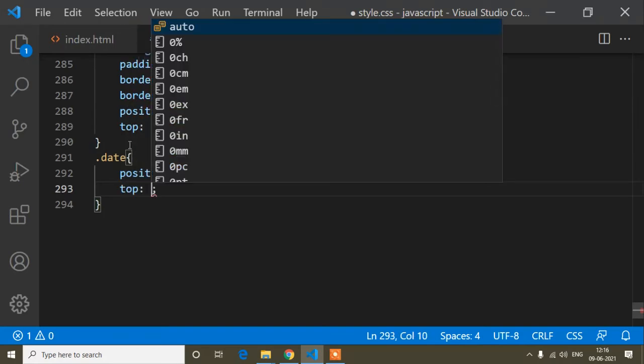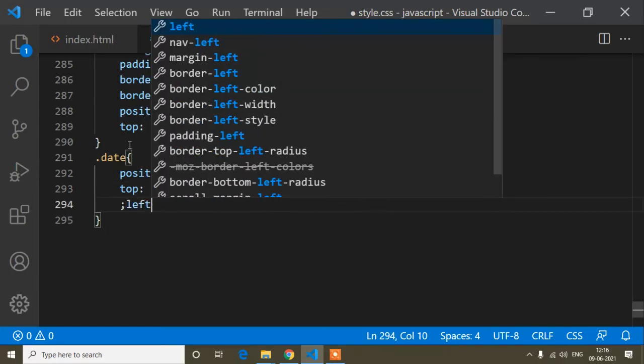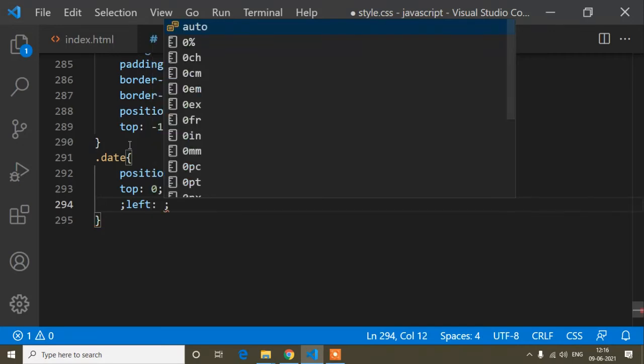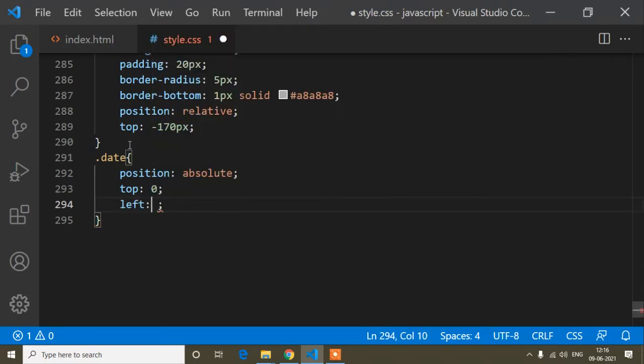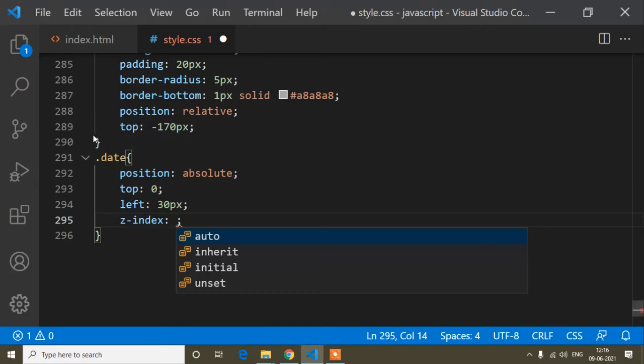Mostly when we write position absolute, we have to set the top and left properties from where the div will start. So top is 0 and left will be, sorry guys, 30 pixel. And the next CSS, z-index. So z-index is also very important. So this div I will make float.